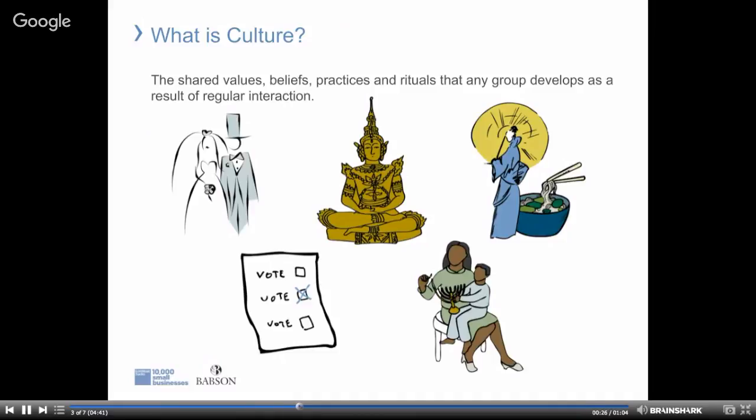Some families, for example, never quarrel, whereas others always do. Some national cultures value individualism, and others value more community-mindedness. Some companies value unquestioning execution of orders, whereas others value initiative or open debate. Some cultures are characterized by their strong religious beliefs and practices, whereas others tend to be characterized more by their political beliefs and activities. These cultures develop over time as the result of regular group interaction.